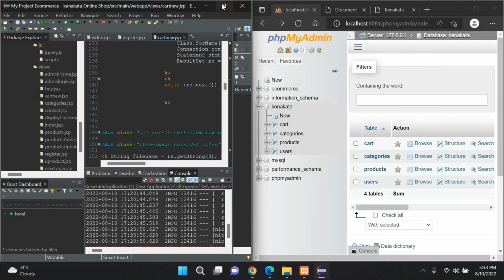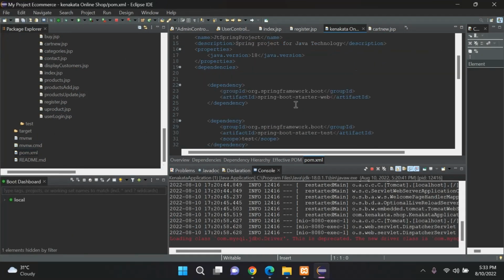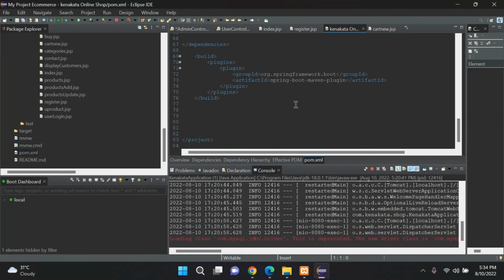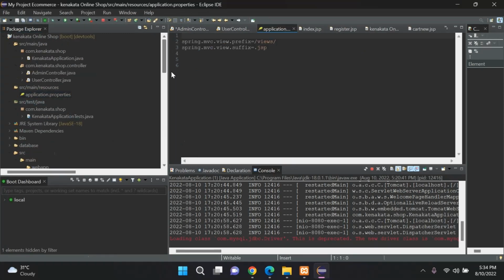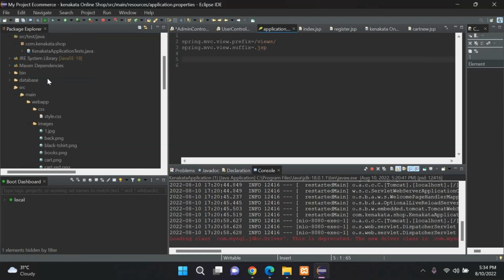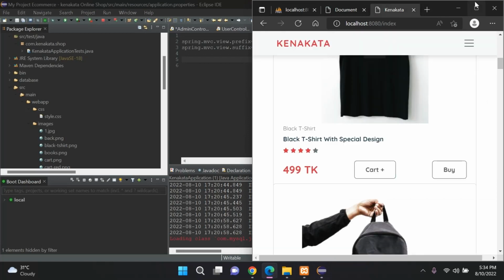So these are all the things that are actually working behind the code, and this is pom.xml for adding the dependencies in our project. And this is application.properties. You can also define your port. Suppose I am using port 8080 by default, you can use port 3307 if you write it in here. And that's it. These are all the things that are actually working behind this application, this beautiful application that is